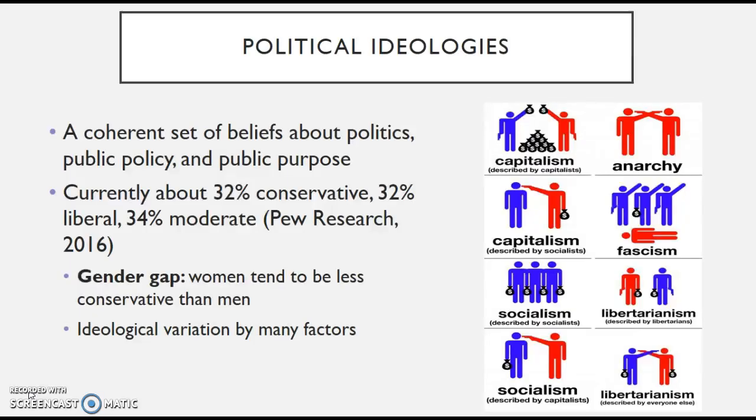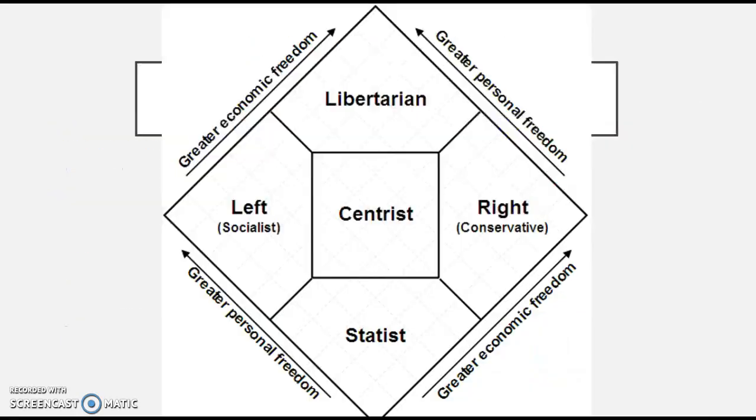And keep in mind, too, that ideological variation is shaped by many factors when you look at where you live in the country, what job you have, and then, of course, you have gender, and not to mention age, amongst many other factors. So here we have your basic set of ideologies. Here you have your leftists, which tends to be more associated with the socialist wing. You have the right being more conservative. You have the centrists, you have the libertarians, and then you have the statists.